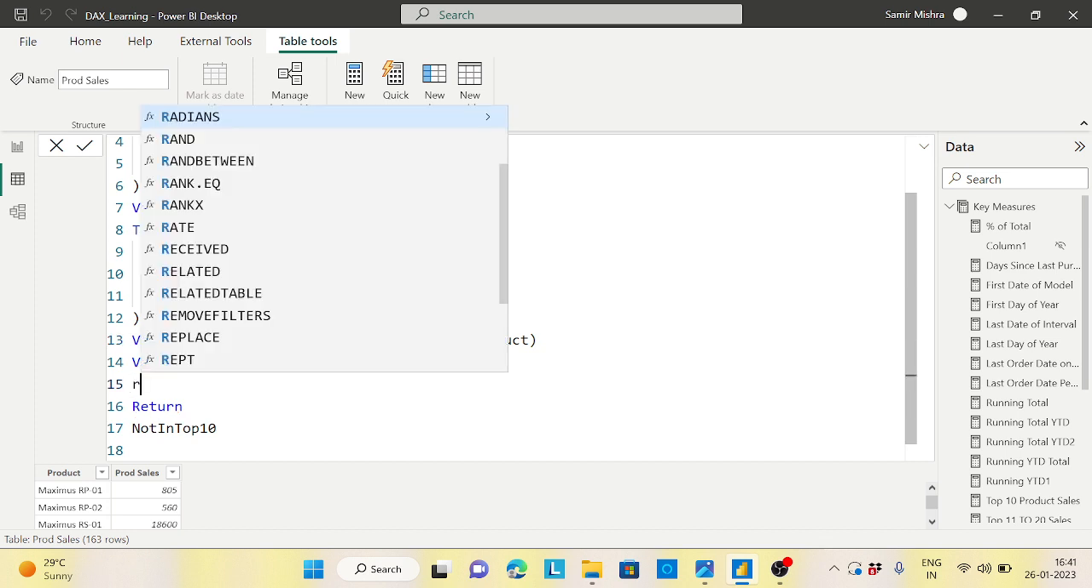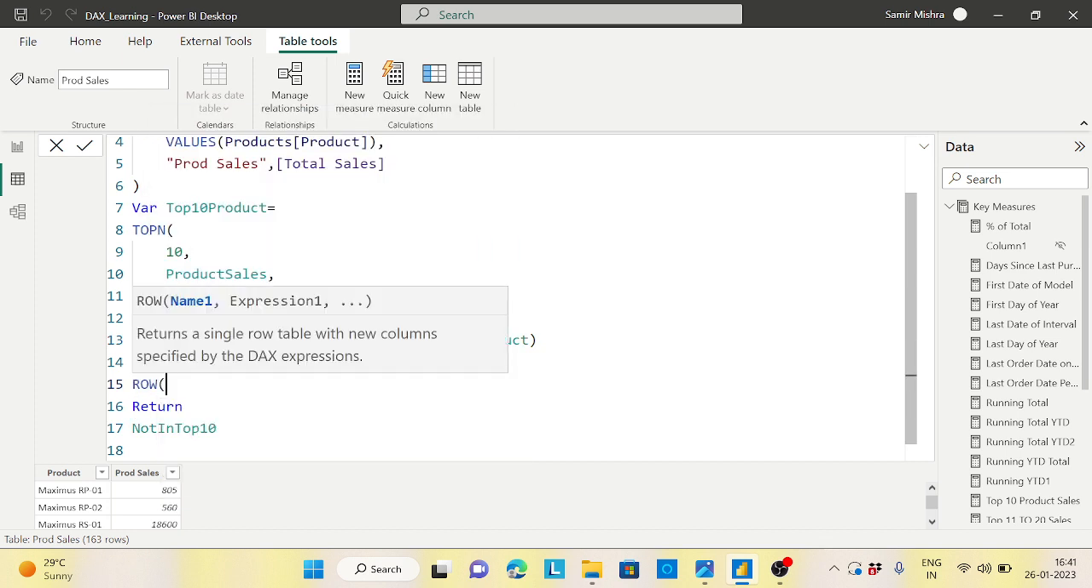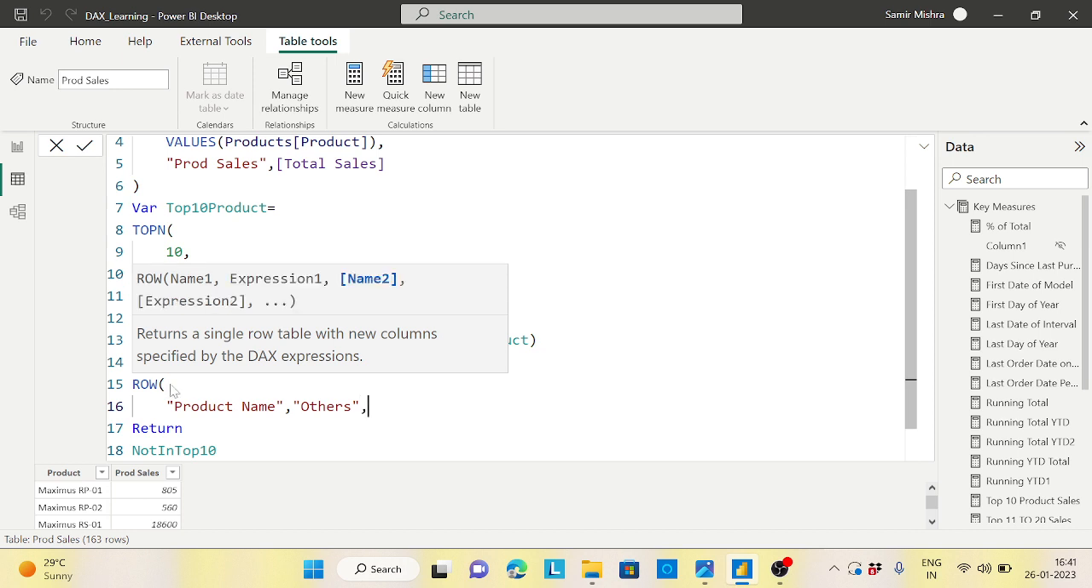For that, I will use a function called ROW. It will create a row in the table. It takes a name and an expression, whatever the row I want to create. The first column which I want to create here is called product name. I want to name the heading for this as Others. Then I put a comma, then prod sales,